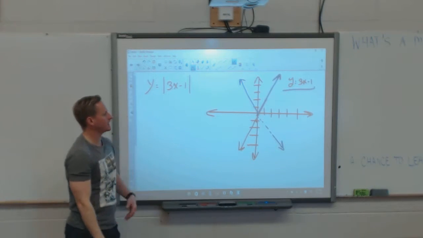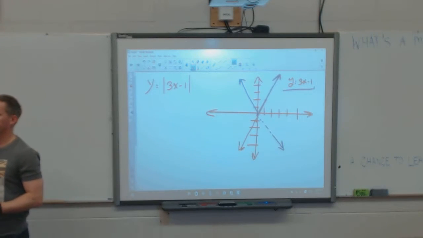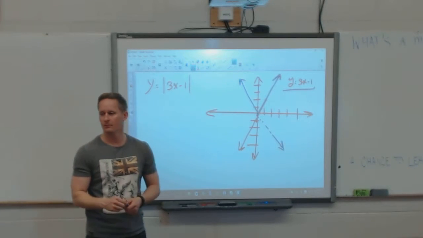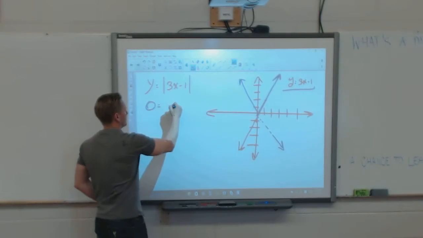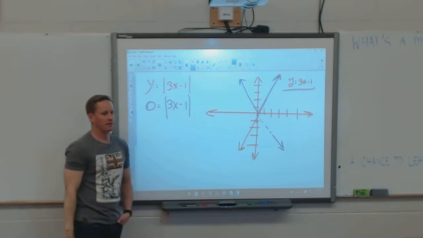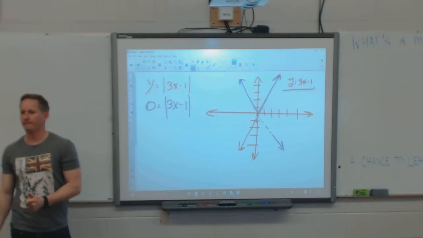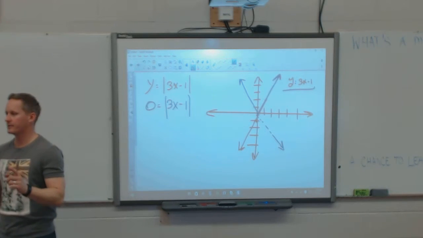Okay, so what's the x-intercept? How do I find the x-intercept? Yeah, very good. Make y equal to 0, right? Now, this is the catch right here. Because this is 0, it's not going to matter. But realistically,